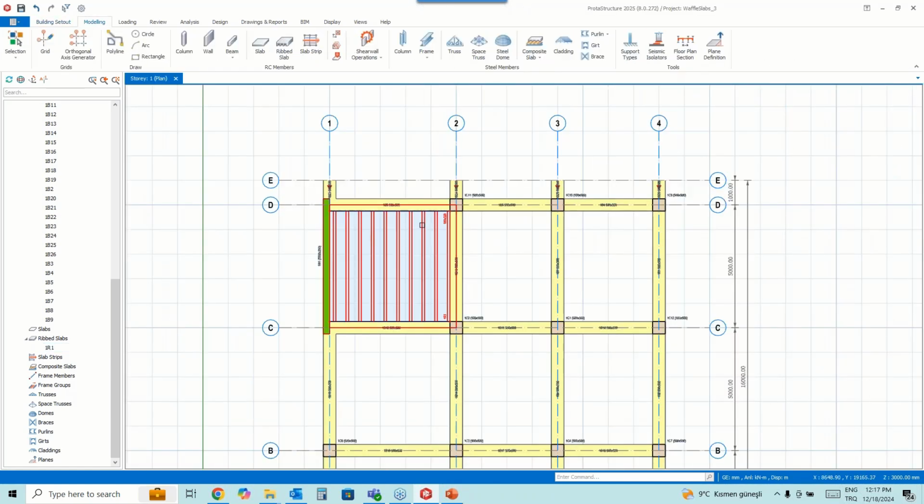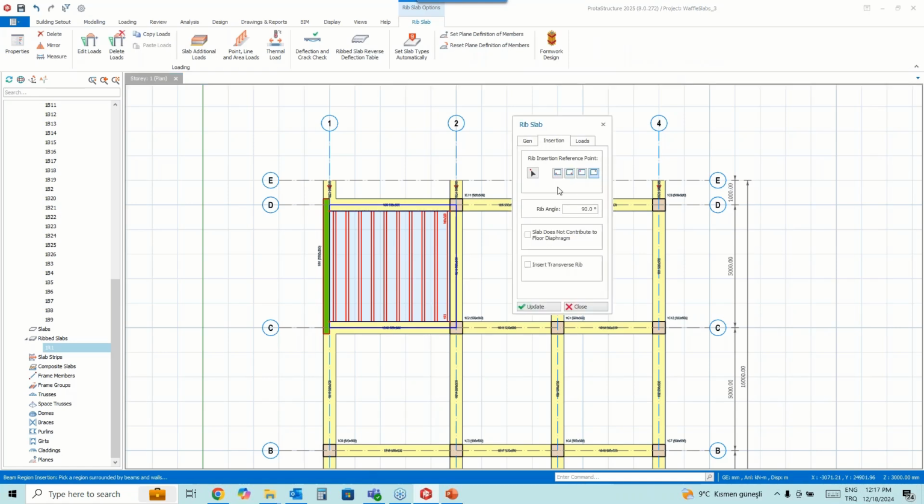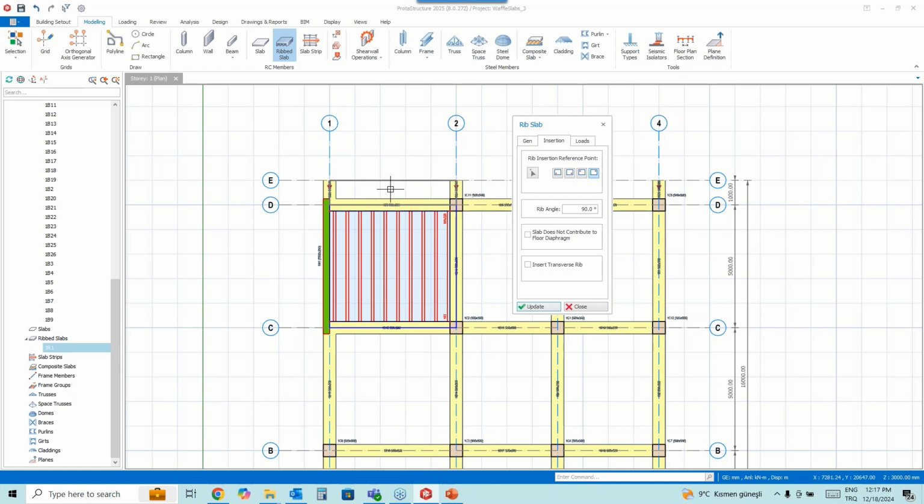So if you want, you can of course change the insertion method. For example, you can select left corner or left top corner. So you can change the positions like this. Let's just use the top right corner.